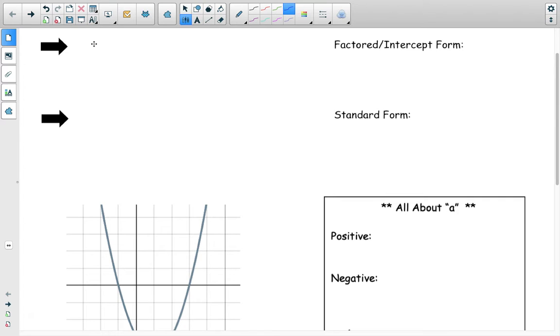The first form we're going to look at is factored/intercept form. This is not the same thing as slope-intercept form. This does not give you your y-intercept. Please be careful about that. Factored form means that we took it from standard form and we factored it into factors, into multiplication. Intercept form is because it actually gives you your x-intercepts of your equation. So factored/intercept form gives